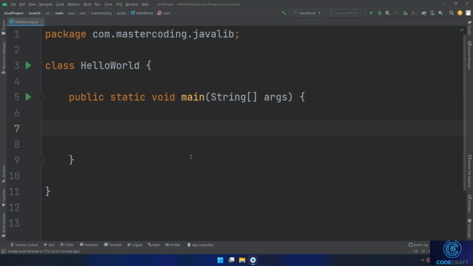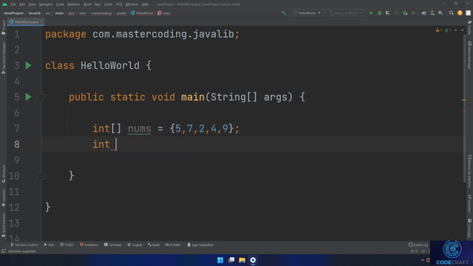And welcome again. I hope you solve it well. I will start creating the array that we need to check for the even and odd elements. This is the array 5, 7, 2, 4, 9. And I will start with int even counter equal to 0 and int odd counter equal to 0. Okay, so